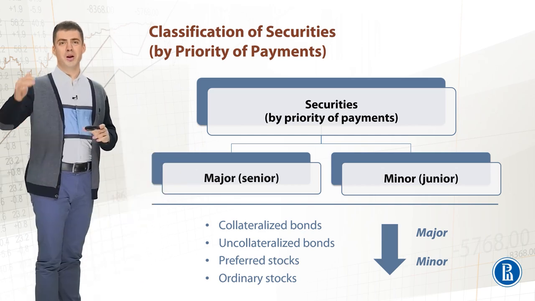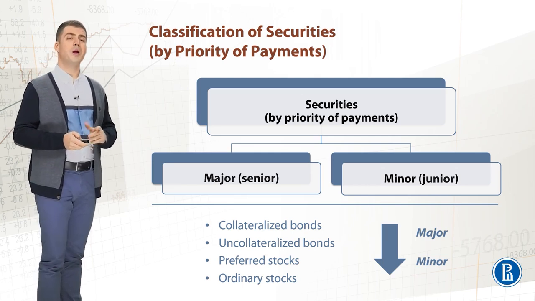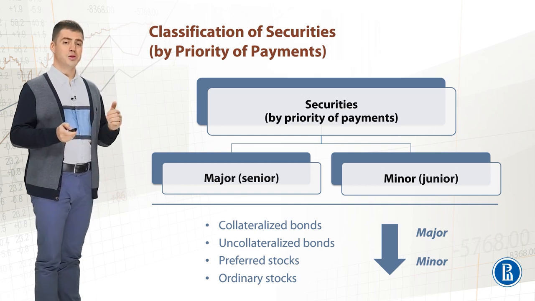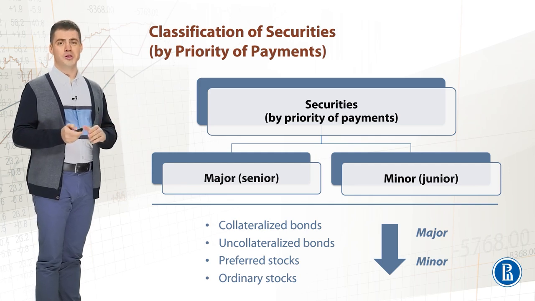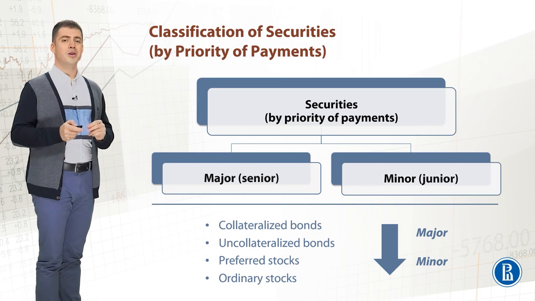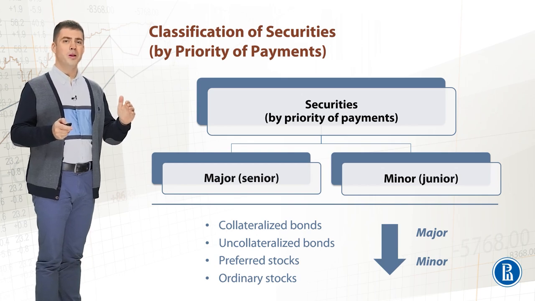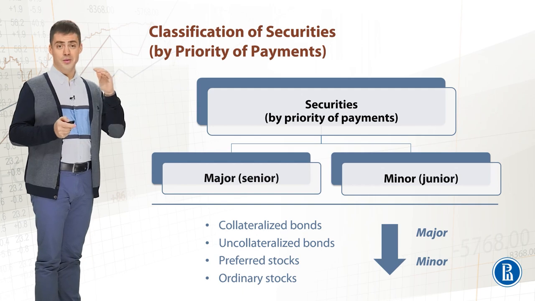For example, if we classify the securities issued by the same company, that will be the collateralized bonds on top, then go uncollateralized bonds, then go the preferred stocks, and then go the ordinary stocks. The underlying reason is that you fulfill your liabilities corresponding to a certain type of securities only if senior securities